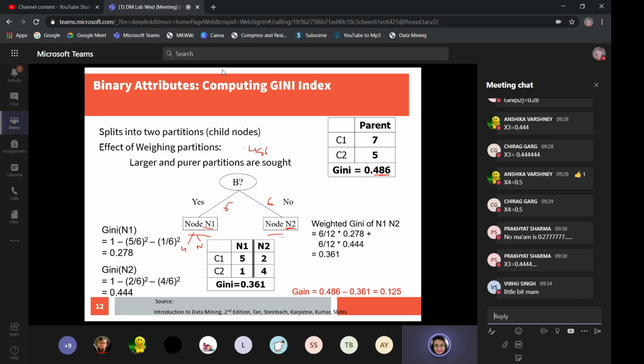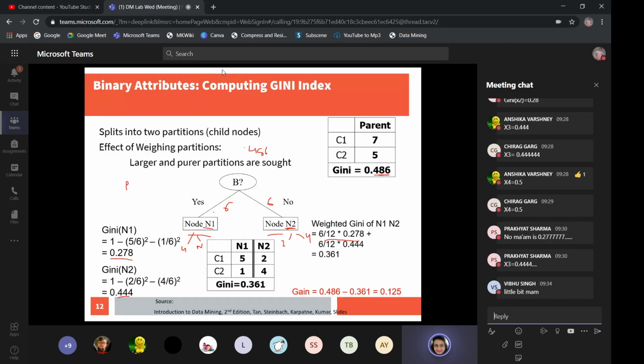After this split, 2 belong to yes and 4 belong to no. So you computed the Gini of this. The Gini values are 0.278 and 0.444. Now the weighted Gini: the probability of this side was 6 by 12, so 6 by 12 into 0.278 plus